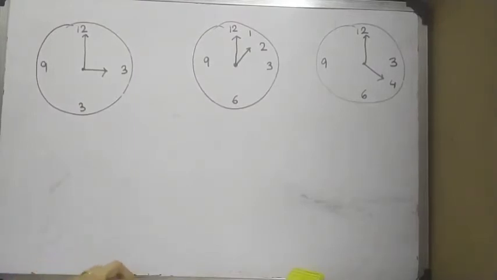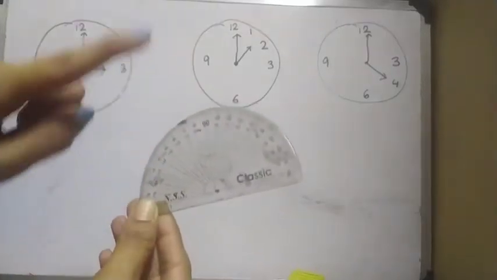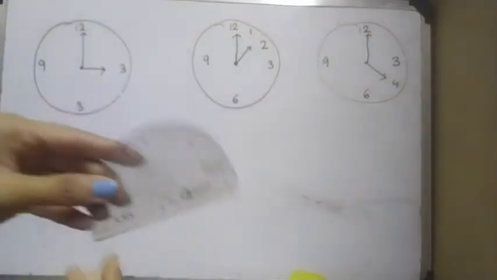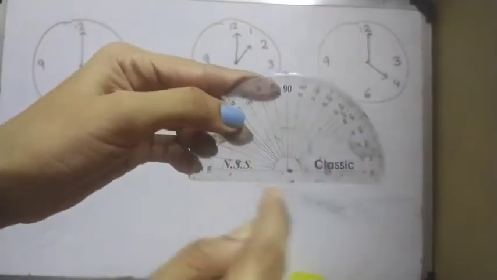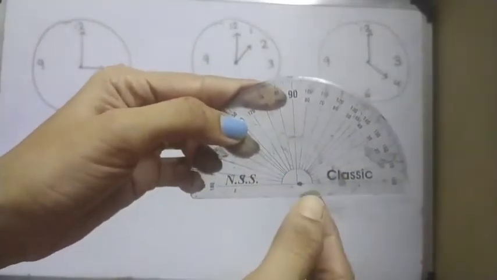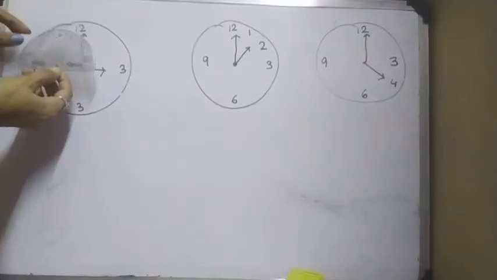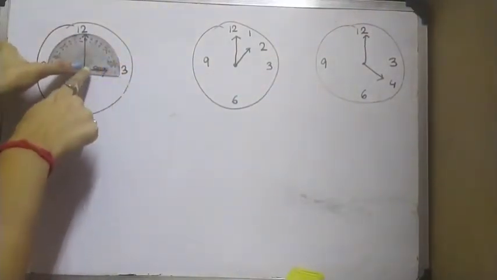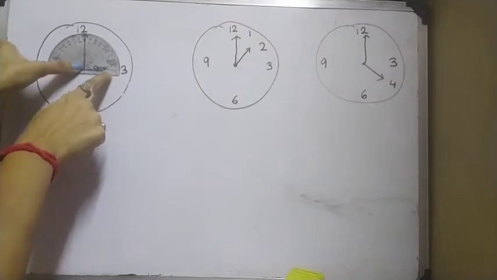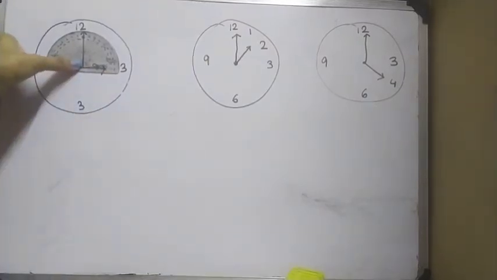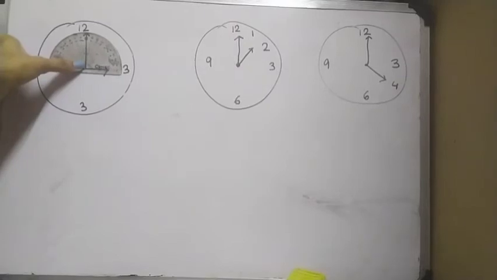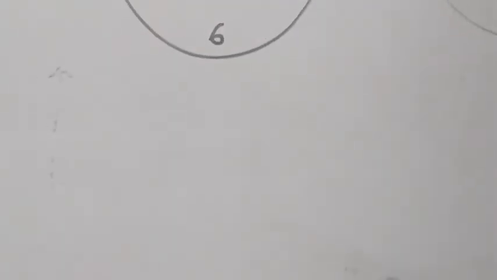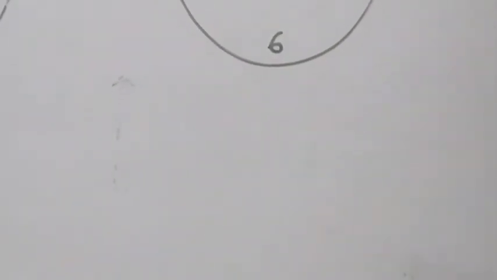Okay, now taking the protractor, I will measure each and every angle. This is the protractor. So as you can see, this is the baseline, this is the point which I will fix here with the clock. Now I will put this 0 mark of this protractor along with 3. I want to show you a little zoom I want to make.